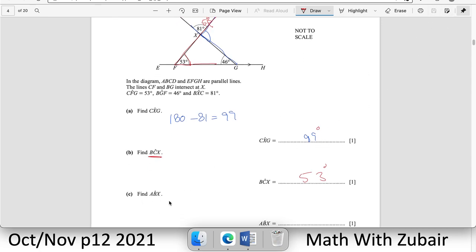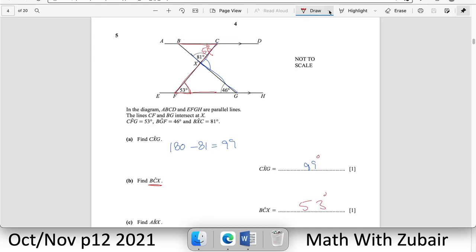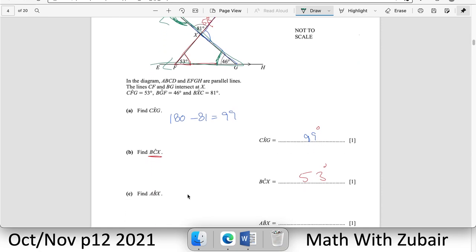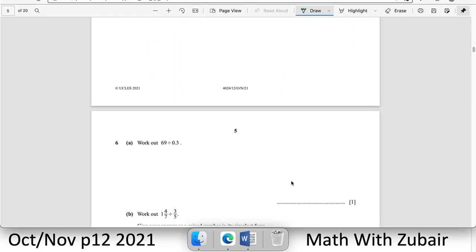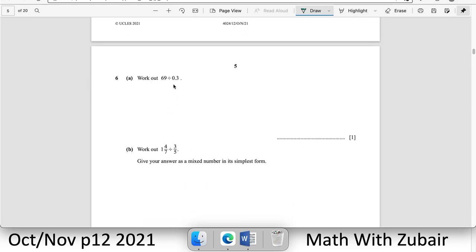Third says find ABX. Use a different color. ABX. This is A, B, this is X. You need to find this angle. I'm extending this line over here to use a property. These two lines are parallel. So angles between parallel lines are supplementary. So again 180 minus 46, we get 134. Question number 6. Work out